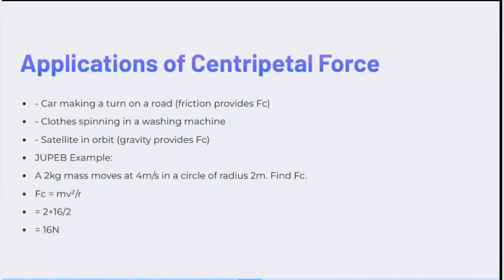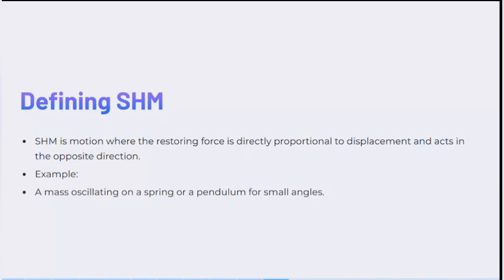So now just calculating this, you'd have this as the full expression, and you can get your final answer by mass, 2, times 16 divided by 2, or 2 times 4 squared divided by 2, and you get your final answer as 16. So now let's move on to one of the last topics for today,